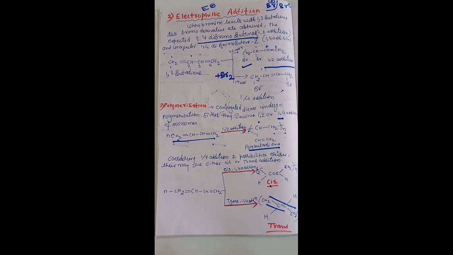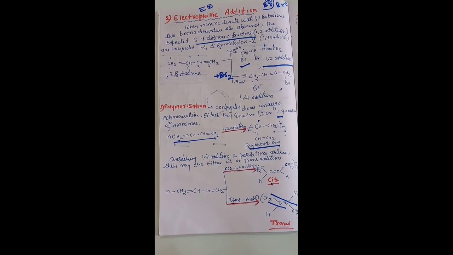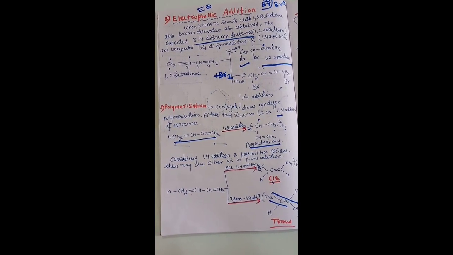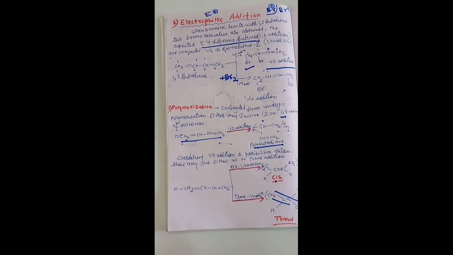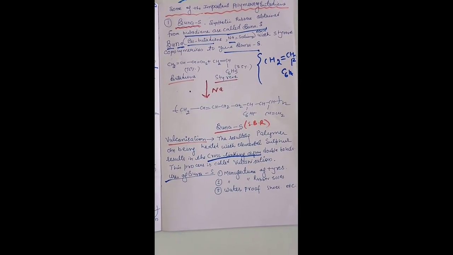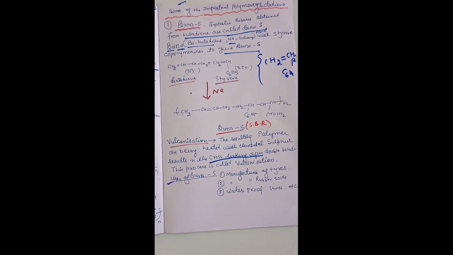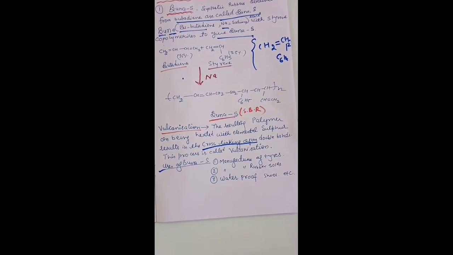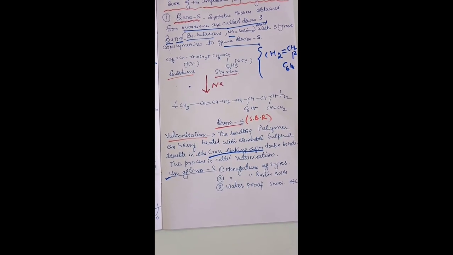The next important reaction is the polymerization reaction. They can form the polybutadiene product, and if they add at the 1,4 position, they can form cis and trans products. Then the main important polymerization product is Buna-S, that is your styrene butadiene rubber, also known as SBR. And what are the main uses of Buna-S? It is used in the manufacture of tires, rubber soles, and waterproof shoes.